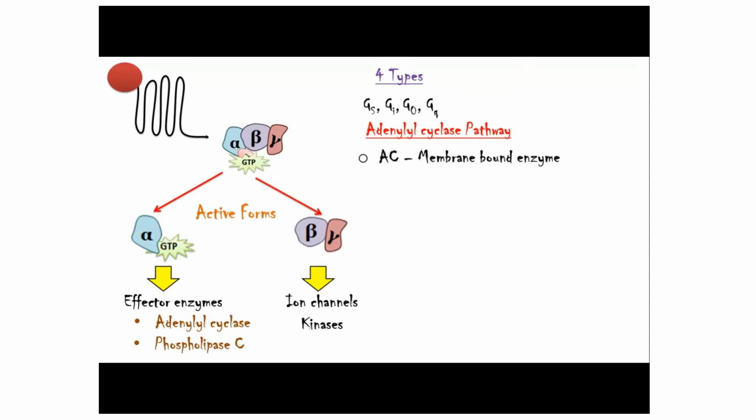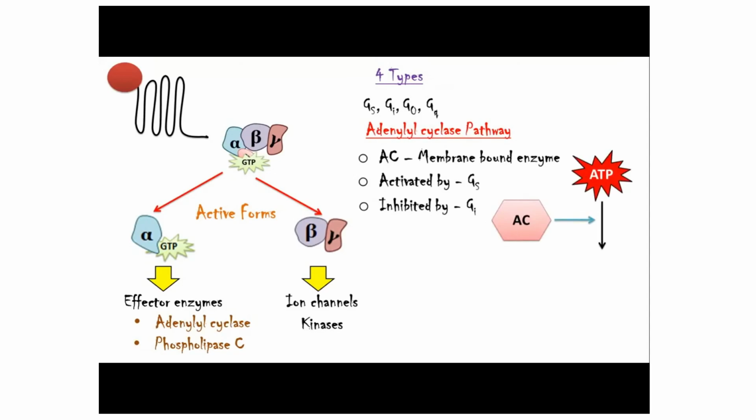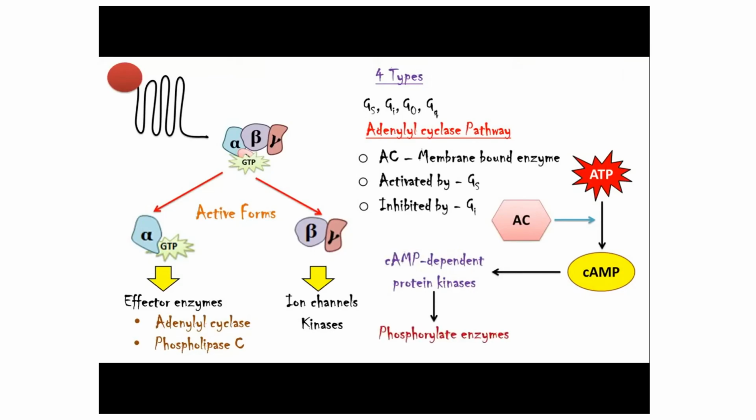Adenyl cyclase is a membrane-bound enzyme which is activated by G-stimulatory proteins and inhibited by G-inhibitory proteins. When activated, it catalyzes the conversion of ATP into cyclic AMP. Cyclic AMP activates cAMP-dependent protein kinases, and these kinases cause phosphorylation of certain enzymes according to the agonist molecule which bound to the receptor. In the phospholipase C pathway, when the agonist binds with the receptor, it activates a Gq